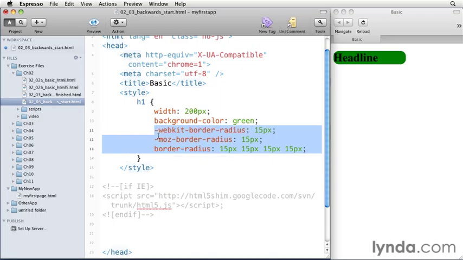So as you can see here, I added support for the WebKit border radius, which will work in different versions of Safari and Chrome. I added support for the Mozilla border radius, which will offer support for Firefox, as well as the border radius tag that IE uses. Just adding WebKit or Moz to any CSS tag doesn't mean that that browser is going to support it. So make sure you dig around and find out for the different elements that you want to use what prefixes